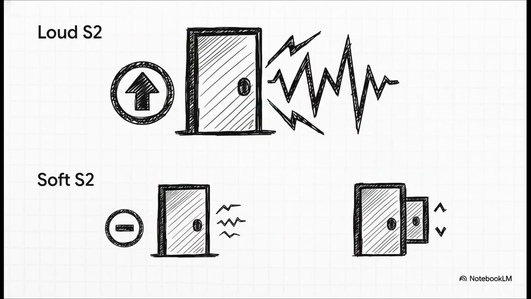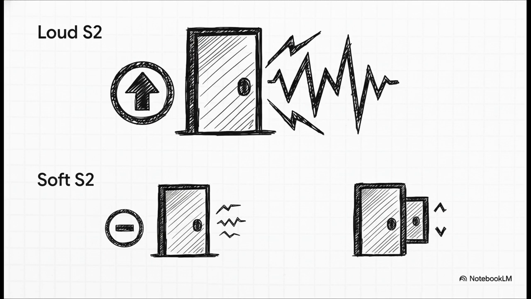Let's apply that. You hear a loud, sharp A2, that tells you there's high pressure in the aorta, systemic hypertension. You hear a loud P2, that's high pressure in the pulmonary artery, pulmonary hypertension. It's that straightforward. On the flip side, a soft S2 component means low pressure, which you'll find downstream from a